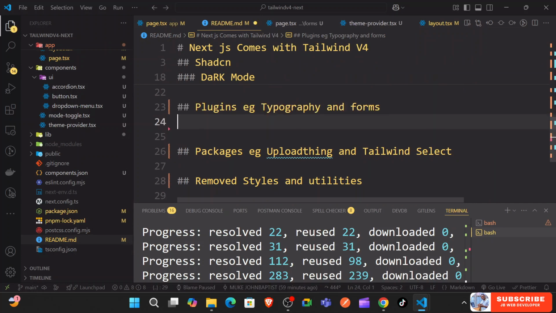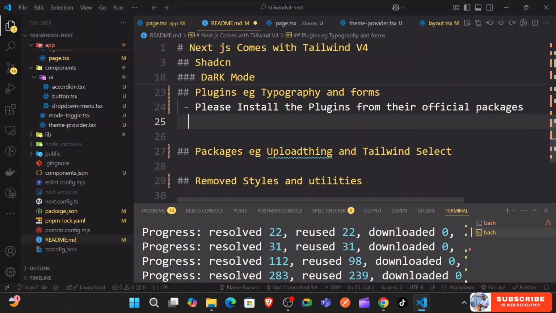Just going to add some notes that please install the plugins from their official packages, and then include them in your global.css. Just include them in your global.css